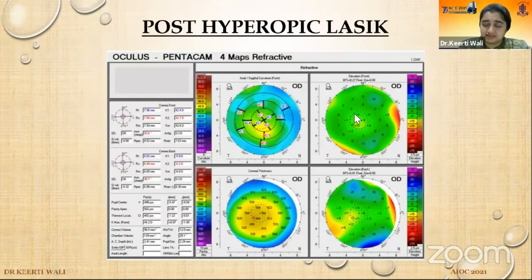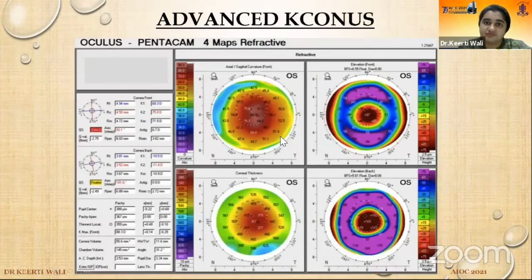Okay, so this is a picture showing post-hyperopic LASIK, wherein the keratometric values look pretty normal. Center steep and the periphery is flat. However, the point indicating the hyperopic LASIK here is, if you see the thinnest location, which is 492 microns, this is totally decentered on both X and Y axis. So this is an indication that this patient has undergone a hyperopic LASIK.